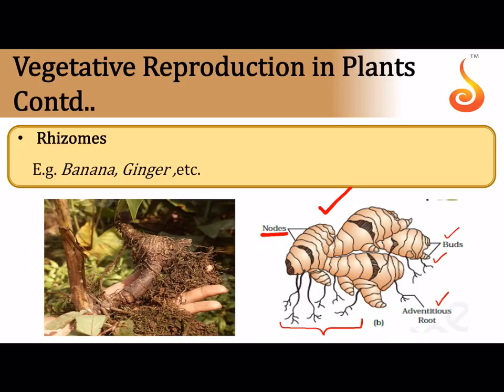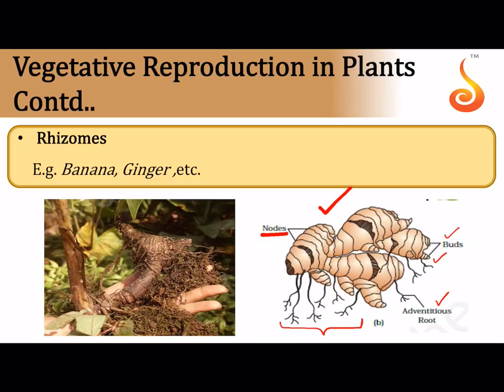Roots that develop elsewhere on the plant body other than the apical meristem, that is, other than, say, the stem tip, or other than the axil of the leaf, or at the angle of the branches, or other than the root tip, are called adventitious roots. Okay, so basically, we say that adventitious bud is a bud that develops anywhere other than the apical part of the stem, the apical part of the root, and the angle of the leaf.